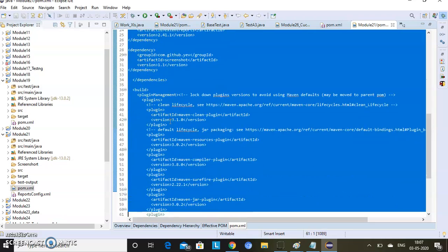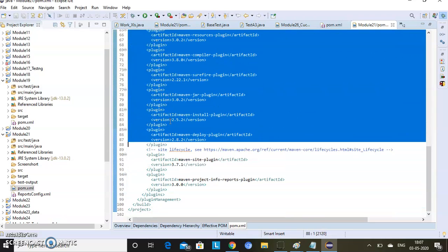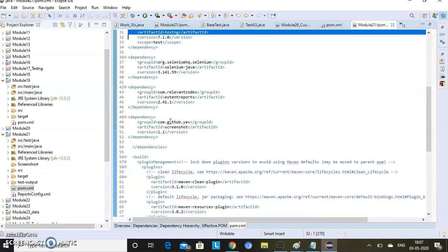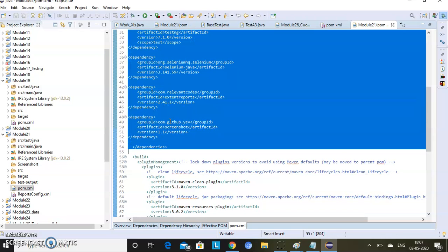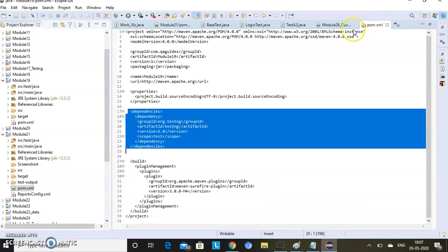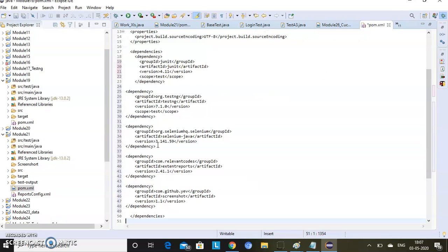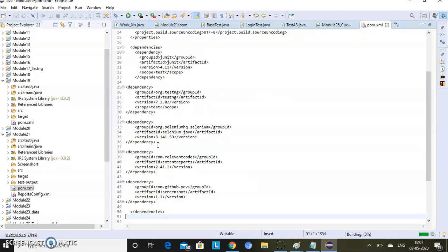I have taken these dependencies, and I paste these dependencies here. Save it. See, it has started building.